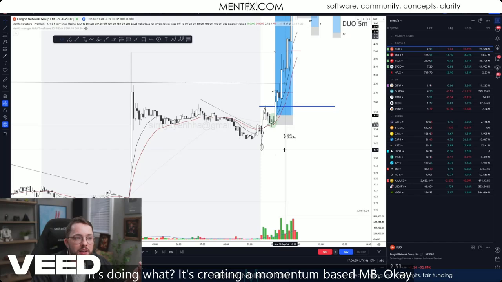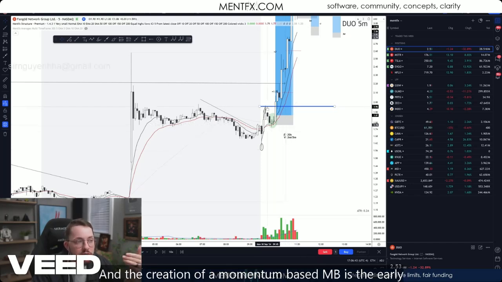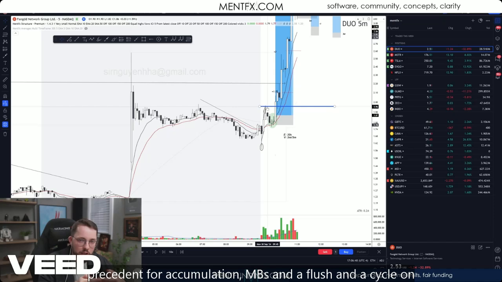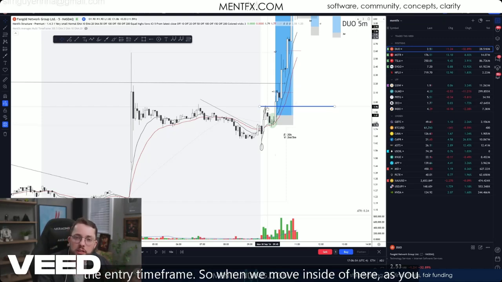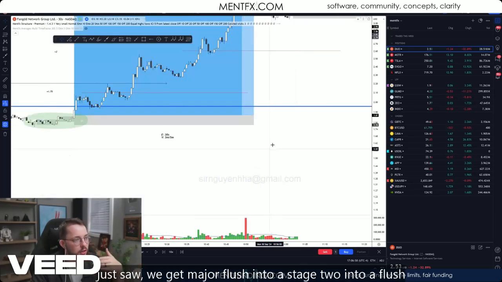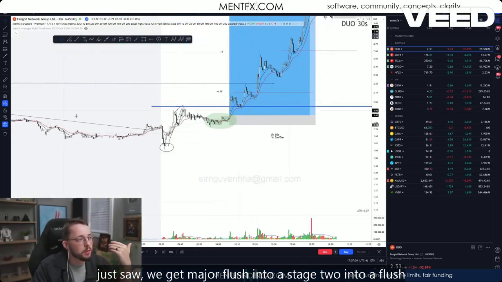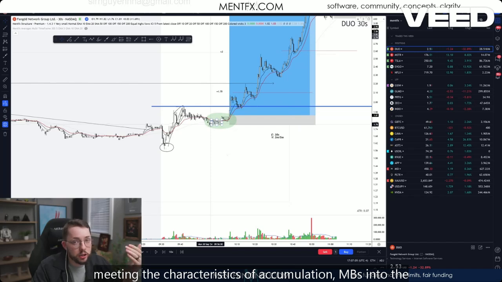It's creating a momentum-based MB. And the creation of a momentum-based MB is the early precedent for accumulation MBs and a flush and a cycle on the entry time frame. So when we move inside of here, as you just saw, we get a major flush into a stage 2, into a flush, meeting the characteristics of accumulation MBs, into the double